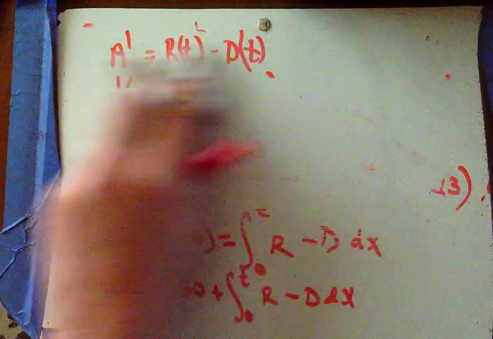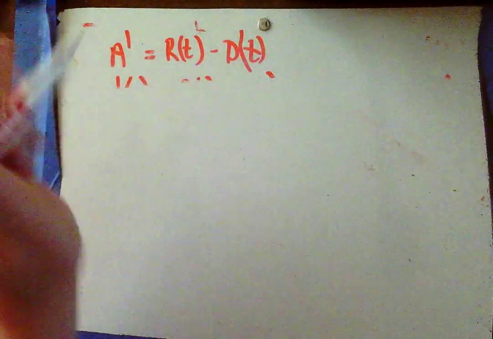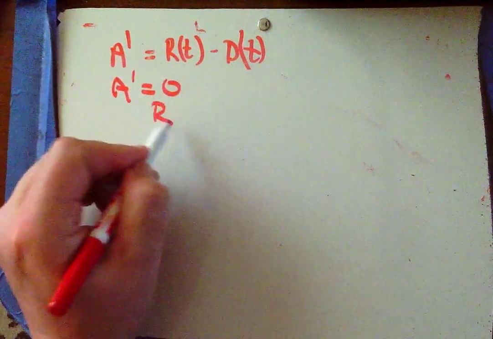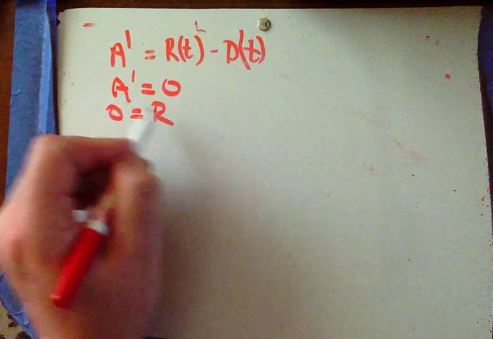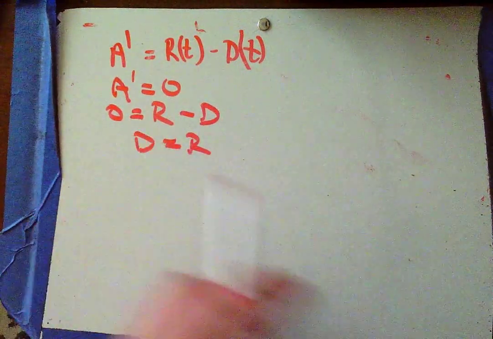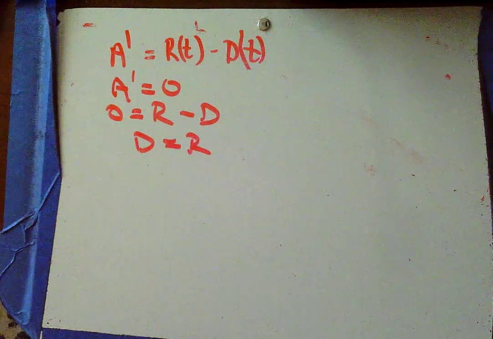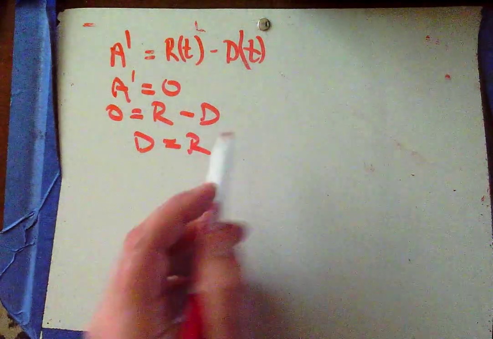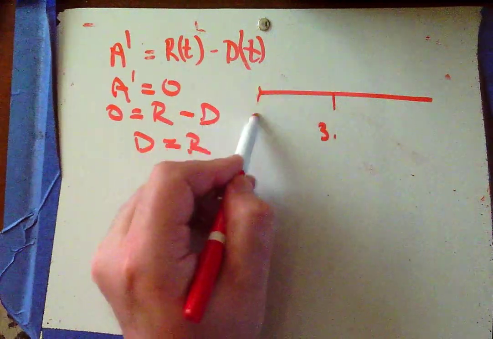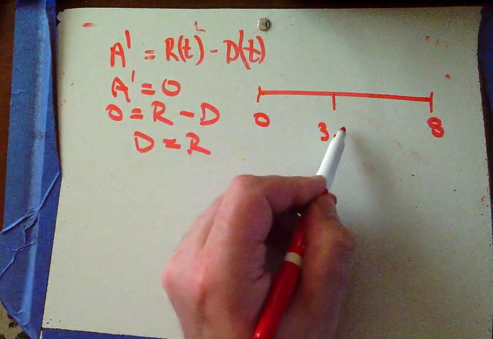So A prime equals 0 gives me 0 equals R minus D, where D equals R. So I want to find those points of intersection, and when I graphed, I only found one on 0 to 8, located at